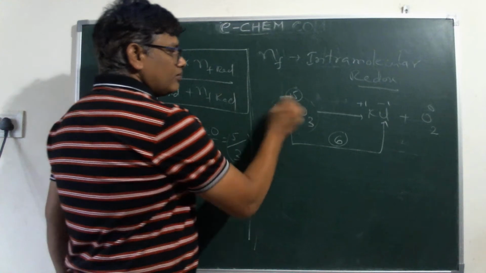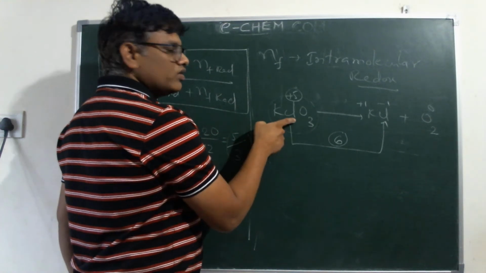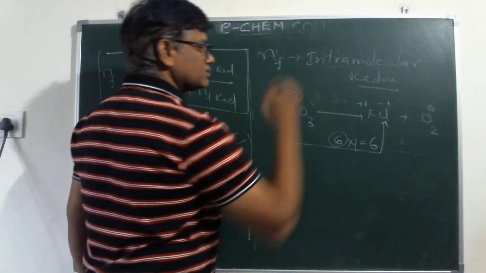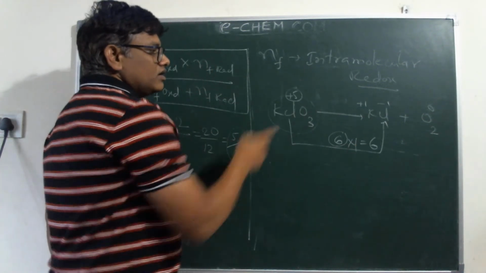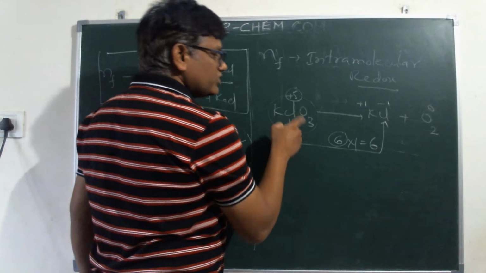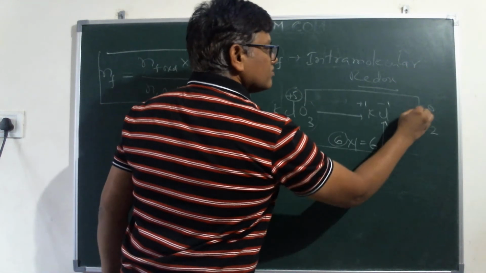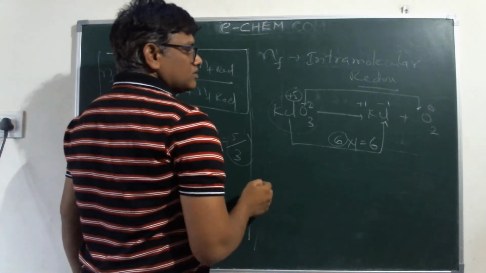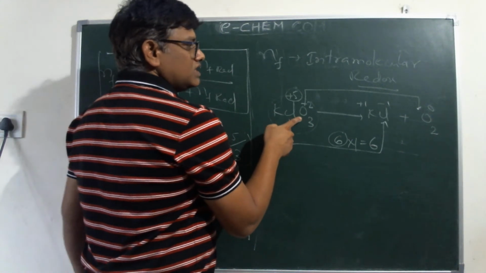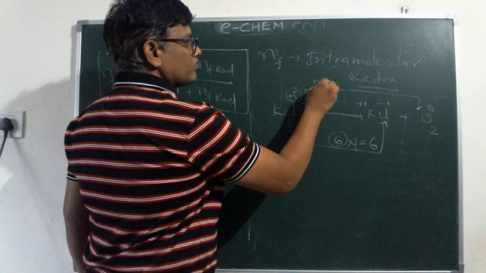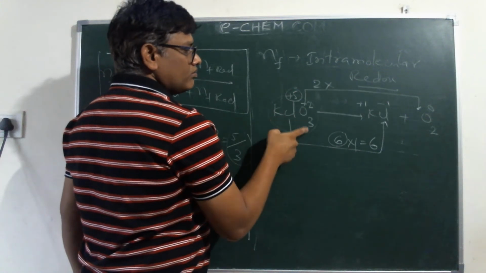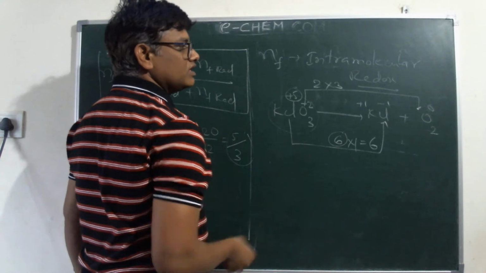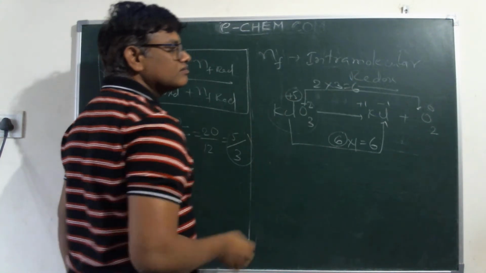So I have taken 1 mole of compound. In that 1 mole, only 1 mole of chlorine is there. That's why I have to multiply this by 1. You will get 6. Right. If you see the change of oxidation state with respect to oxygen, from -2 to 0, 1 oxygen changes by 2. But 1 mole of compound has 3 moles of oxygen, so I have to multiply by 3. That is equal to 6.